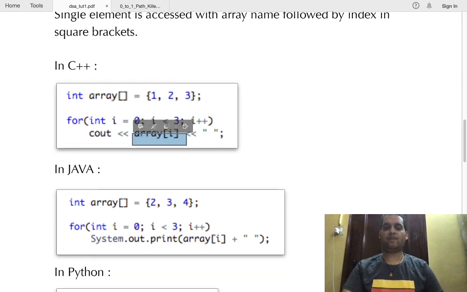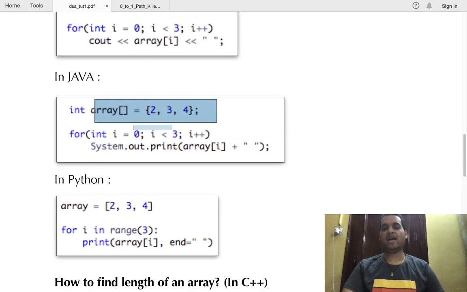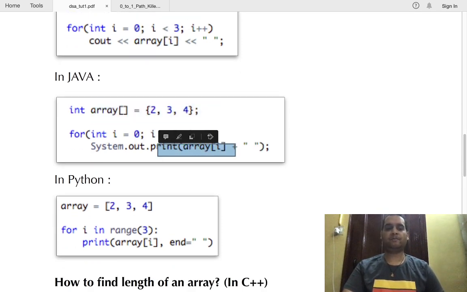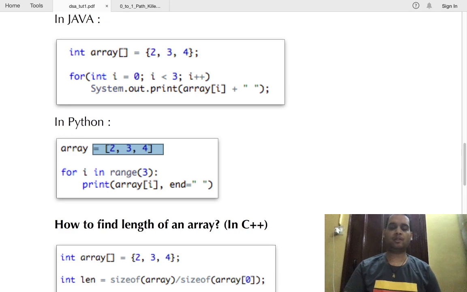In Java, we have initialized the array with 3 elements. We have taken a for loop to 3 and printed each element. Okay. Similarly, in Python, a list has been initialized. There is no need to give square brackets or a data type name in Python, as you all know. And in the for loop, we will use range 3 because the size is 3, and the specific element will be printed.